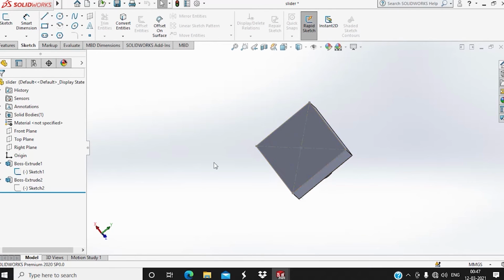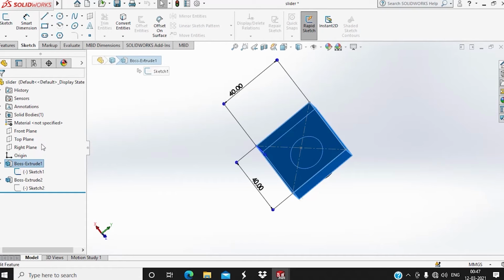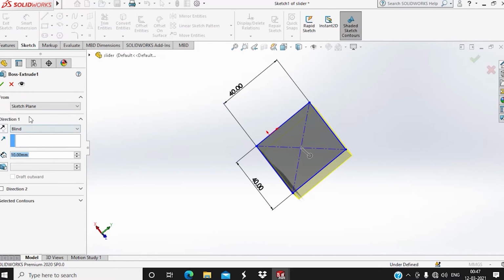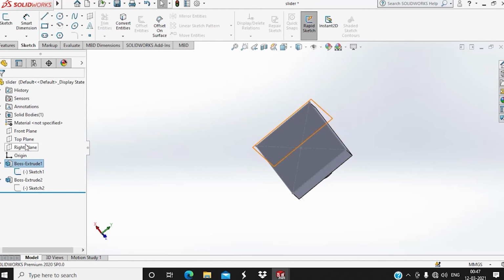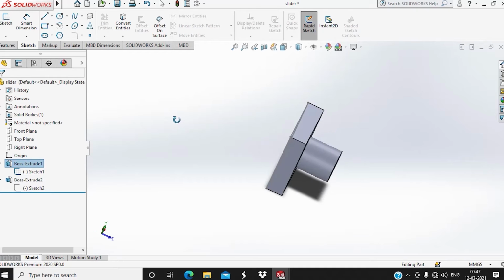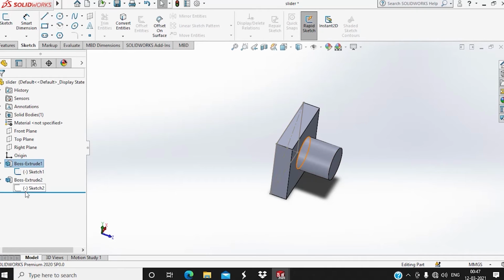Next, if we want to edit a feature, click on the feature and click on edit feature. And here we can change dimensions and click OK. In this way, we can edit a part by selecting those features from the feature manager design tree.